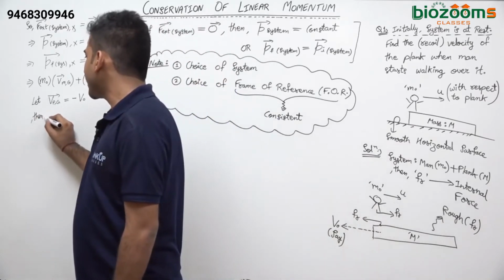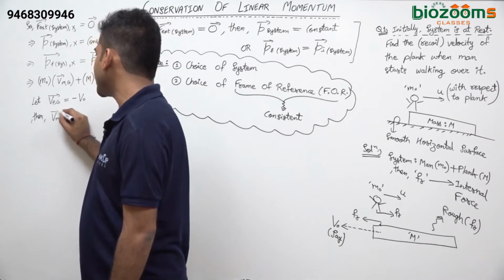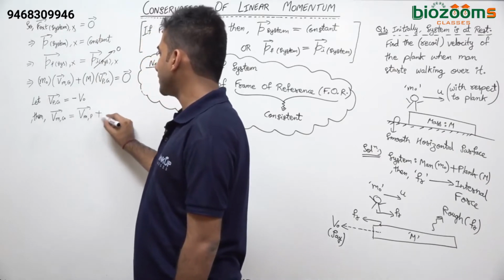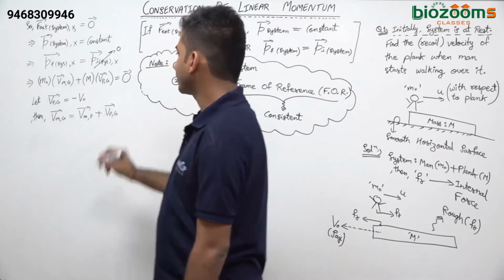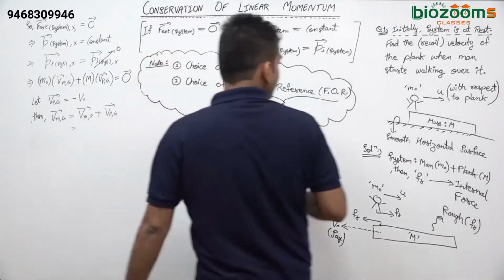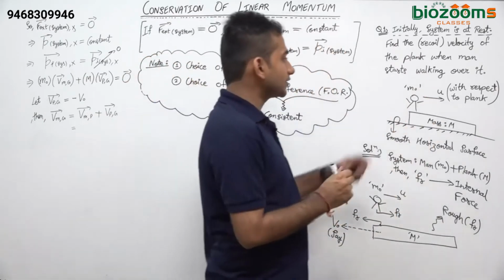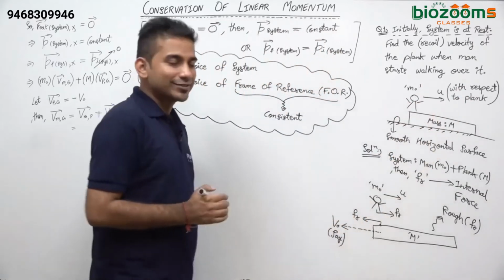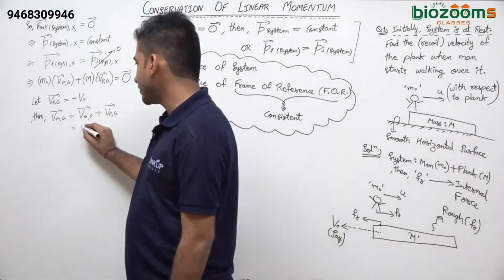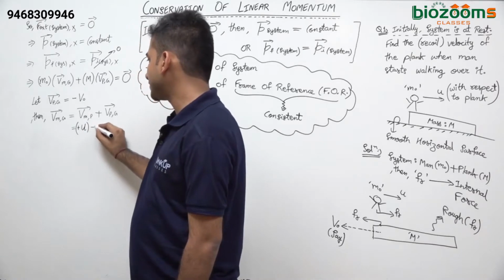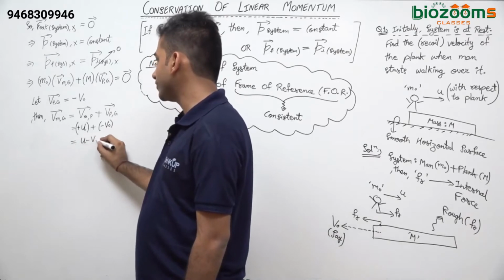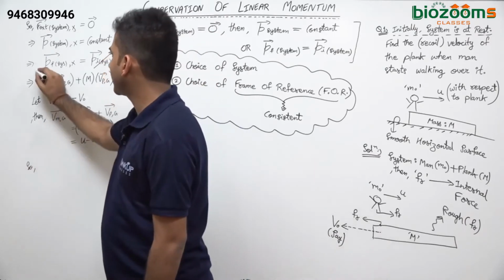Then can we write according to relative velocity that velocity of man with respect to ground can be analyzed as velocity of man with respect to plank plus velocity of plank with respect to ground. In this way we can obtain it, right? So what is the velocity of man with respect to plank? Sir, it should be plus u. Why plus? Because it is moving in the forward direction. Right? So we are going to consider this direction and this speed. So what will be velocity? It is plus u. Plus, what is velocity of plank with respect to ground? Minus v naught. So what is that? u minus v naught. So I'm highlighting this